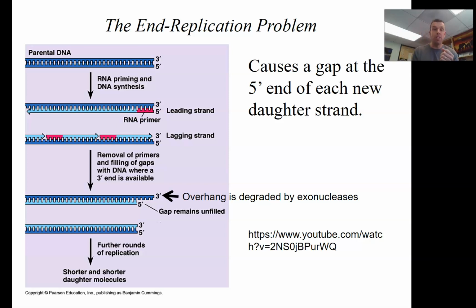This is a problem because if you're losing part of that genetic information when the DNA is replicated, the new cells aren't going to have the full set of information. That was the reason for replicating it in the first place. So, this is what you really need to understand. What are the 3 ways that nature gets around this? Because this would be a big problem. Well,